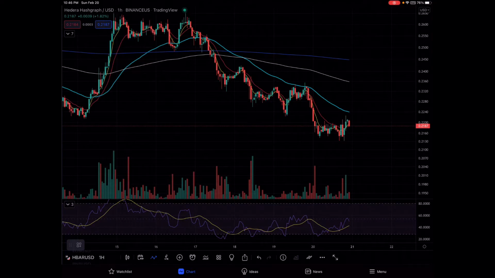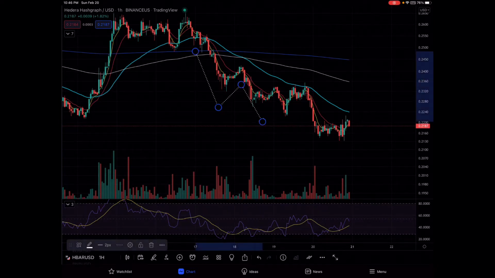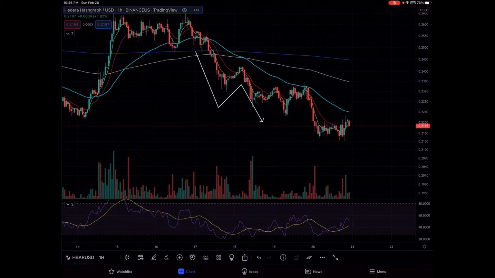M patterns and W patterns are reversal patterns, and then this kind of weird Z shape, that's our continuation pattern. Let me change these from dots to a line, make it easier to see. Yeah, so that's our continuation pattern. And I didn't draw them right on top of the motion, just so you can see the pattern better. But if I were in this, this is H bar, if I were in H bar, which I am,